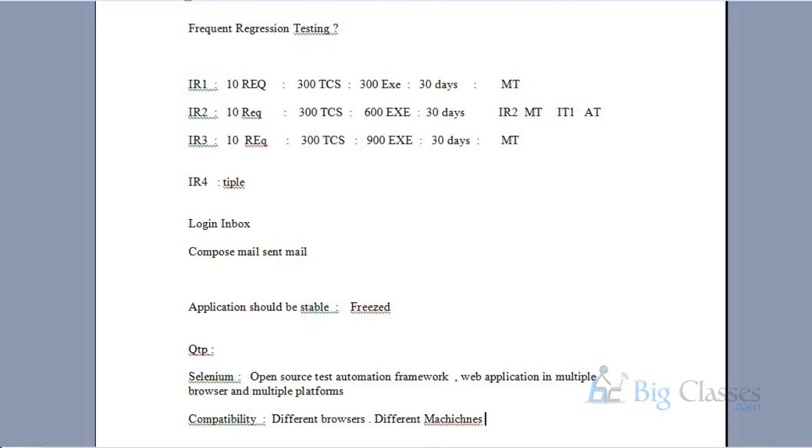You have to certify your product in all these environments. You don't want to say I tested Firefox, so it's working fine in Chrome and Safari and others also. You have to test the application in Firefox, Safari, Chrome, IE, if your product is supporting all these browsers. You have to certify even different machines also.